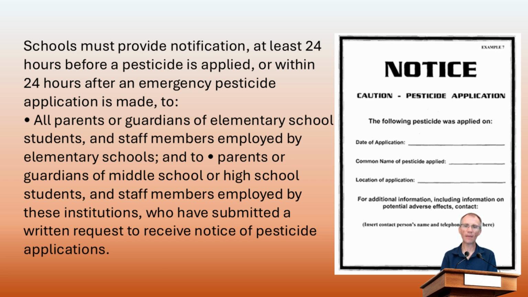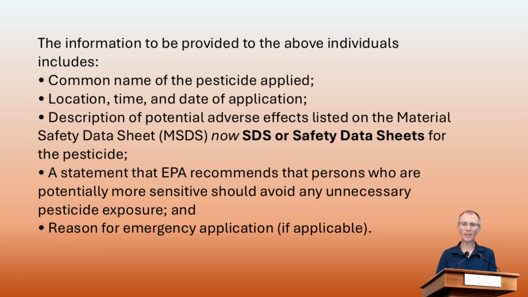emergency pesticide application is made to all parents or guardians of elementary school students and staff members employed by elementary schools, and to parents or guardians of middle school or high school students and staff members employed by these institutions who have submitted a written request to receive notice of pesticide applications. The information to be provided to the above individuals includes common name of the pesticide applied, location, time, and date